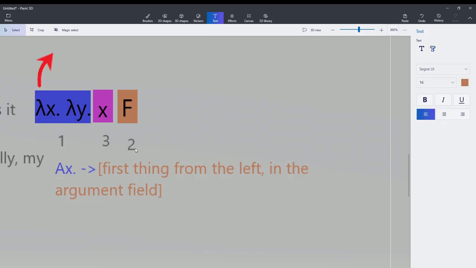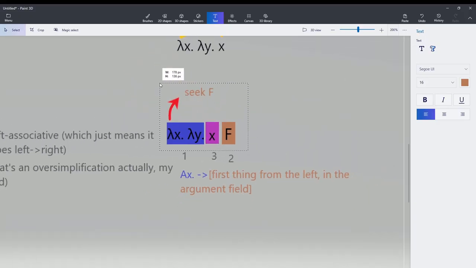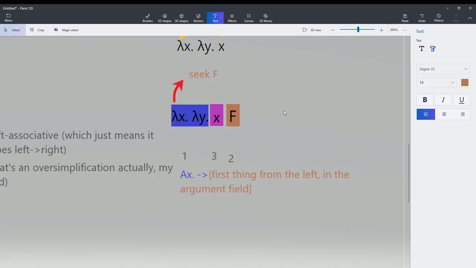Because like I said, it goes 1, 2, 3, left to right. So what that means is that this will go and seek, no, this isn't, I've been playing too much Dark Souls 2, but it will seek F, right? Let's move this up a little bit. It'll seek F,